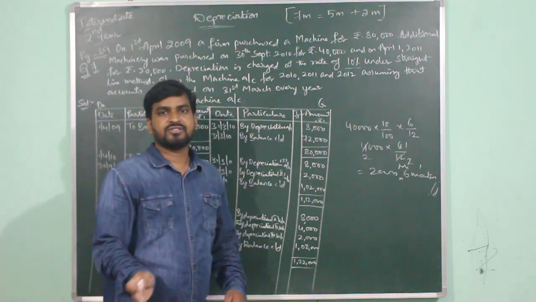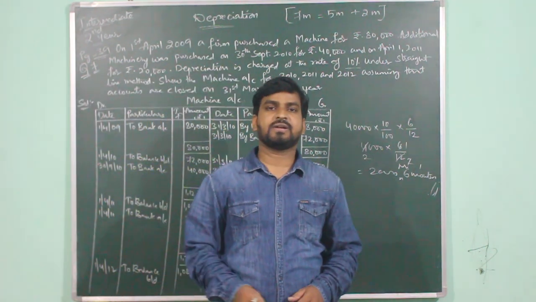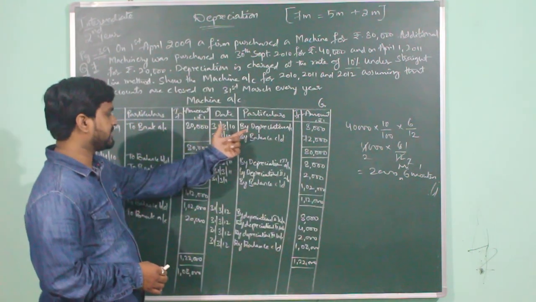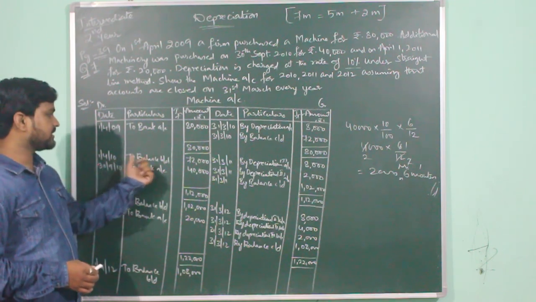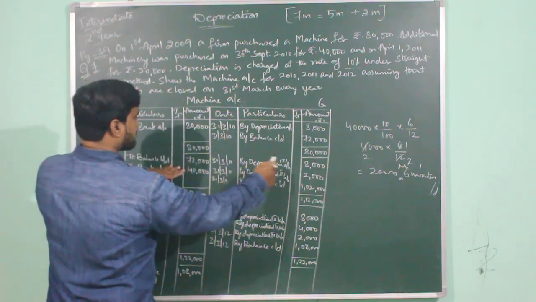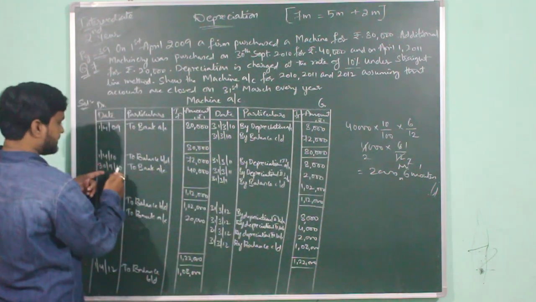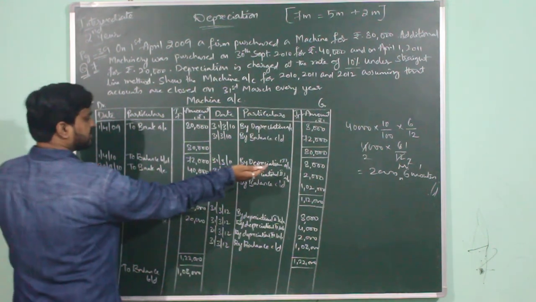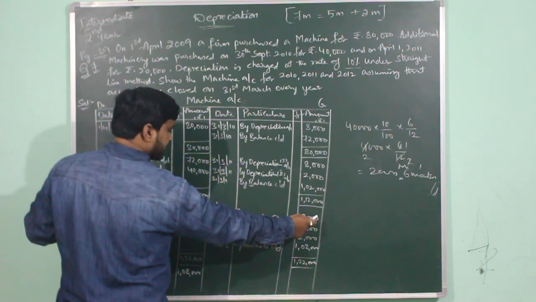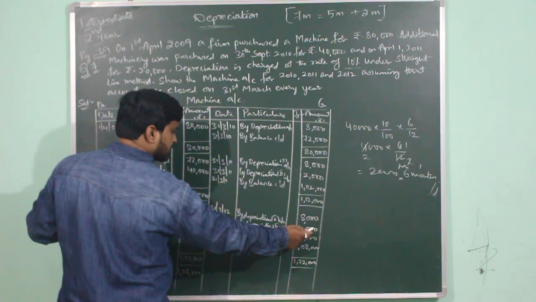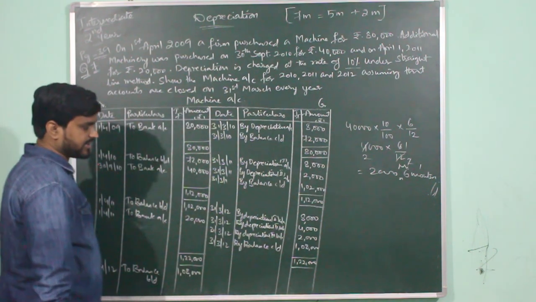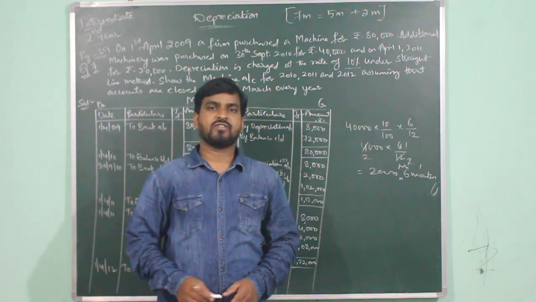So in this problem, the business firm has 3 machines, so they have provided depreciation on 3 machines. In the first year 2009 they had 1 machine, so they have provided depreciation on 1 machine. In the second year from 1st April 2010 to 31st March 2011, they had 2 machines. First machine was used for 1 complete year, they have provided depreciation for full year. Second machine was being used only for 6 months, so they have provided depreciation for 6 months. Next, coming to third year, the first machine was used for 1 complete year, so they have provided depreciation for 1 full year. Second machine was also utilized for 1 full year, so they have provided depreciation for 1 full year. Third machine was also utilized for complete year, so they have provided depreciation for 1 complete year.